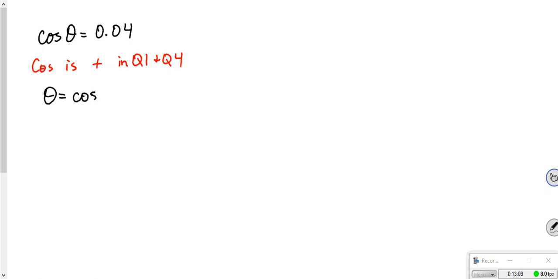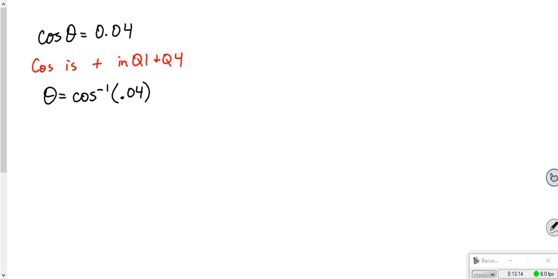Okay, number 3, moving along. Again, solve the given equation. So now I have cosine theta equals 0.04. Now, once again, this is positive. So I know that cosine is positive in quadrant 1 and quadrant 4. Okay, so now to solve for theta, theta is going to be the arc cosine